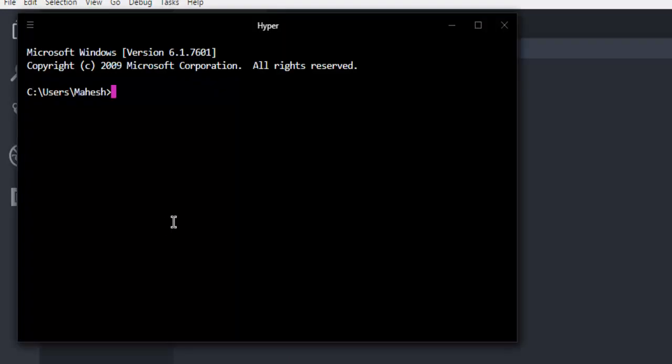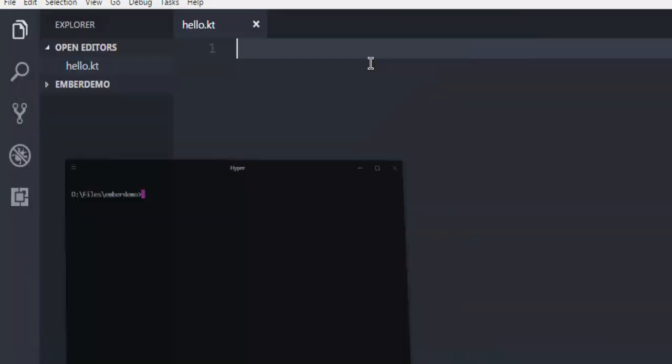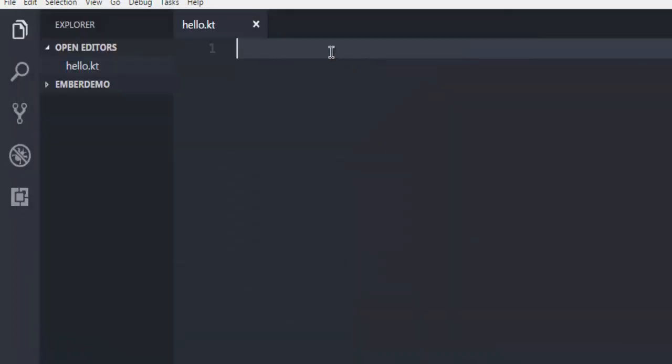Okay, so let's just navigate to that file. Now that I have done this, let's start with the code. Here, first thing, we are going to make use of the main function. So we are going to use the keyword fun, then main, and here I'm going to use arguments, Array